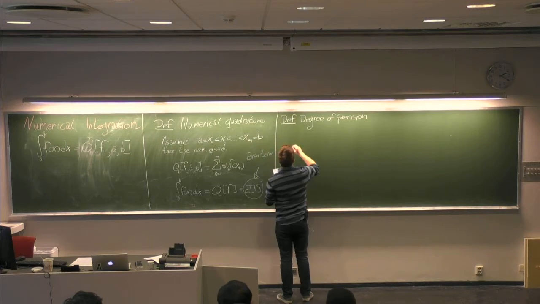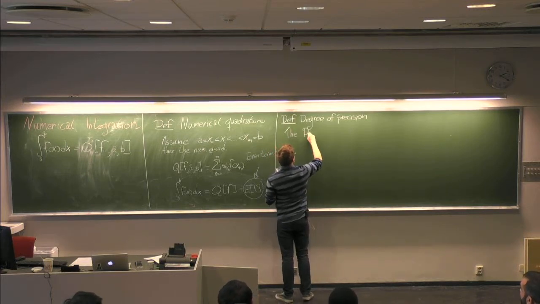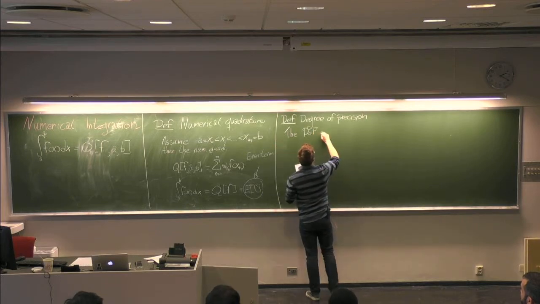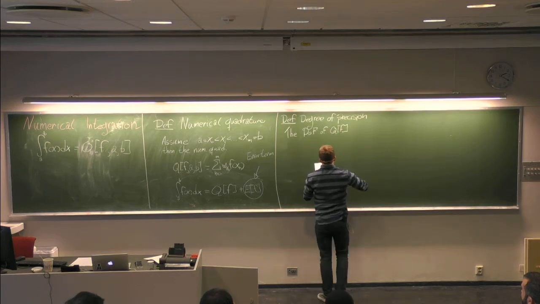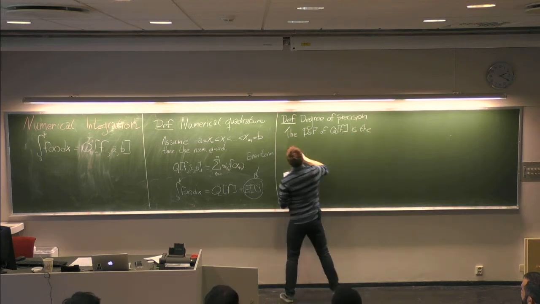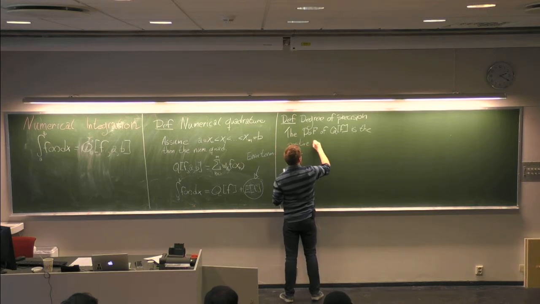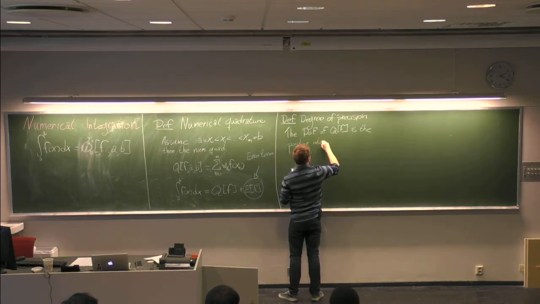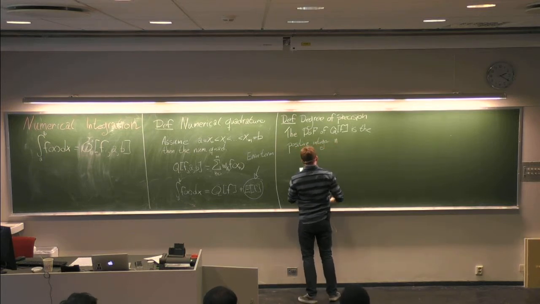So the DOP, I'm going to call it, of Q of f, which is our approximation of the integral, is the positive integer n